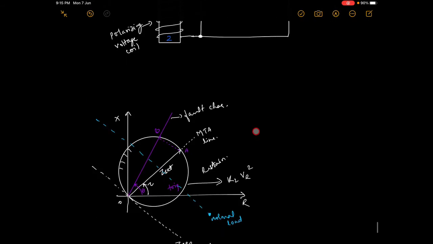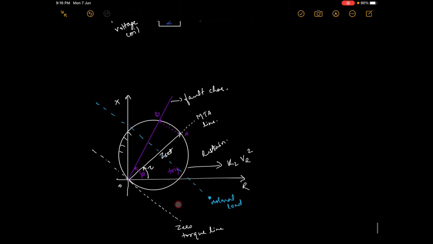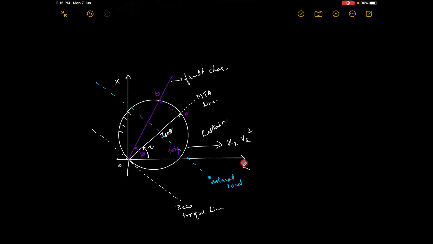Now coming to one more thing. We had seen a normal load line. This actually comes in power system aspects. Normal load line will be like this. During normal load, resistance will be high. I had shown you this in reactance in our previous topic. How this line comes like this, you might have studied in power system subjects, but that is not the point here.